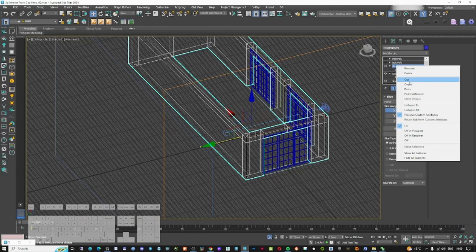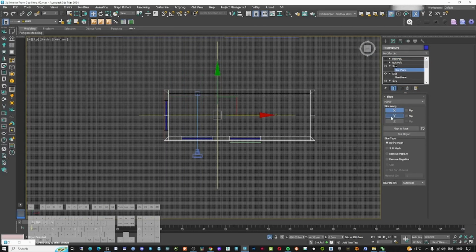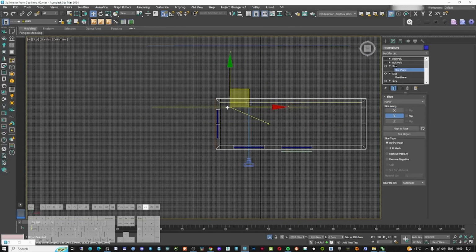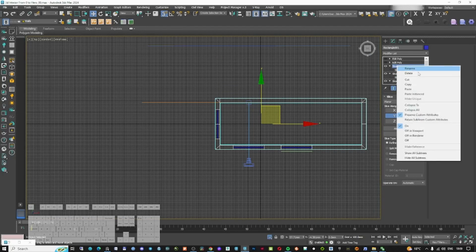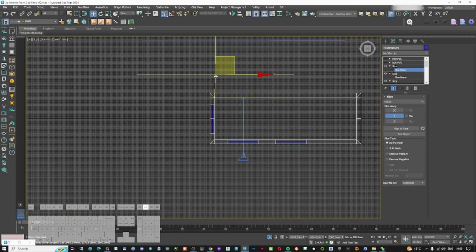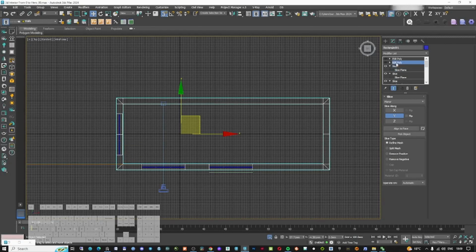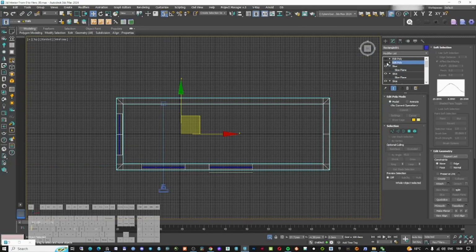I need more slice modifier. You can see this one. I'm going to put it on the Y and move it here. And now I'm going to have that point, and then I'm going to delete all of my unneeded edges. So yeah, sometimes you just need to go forward and backward, but this is why it's important to